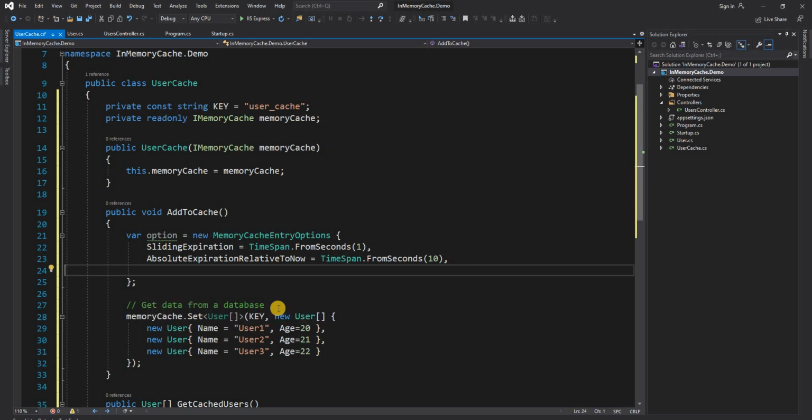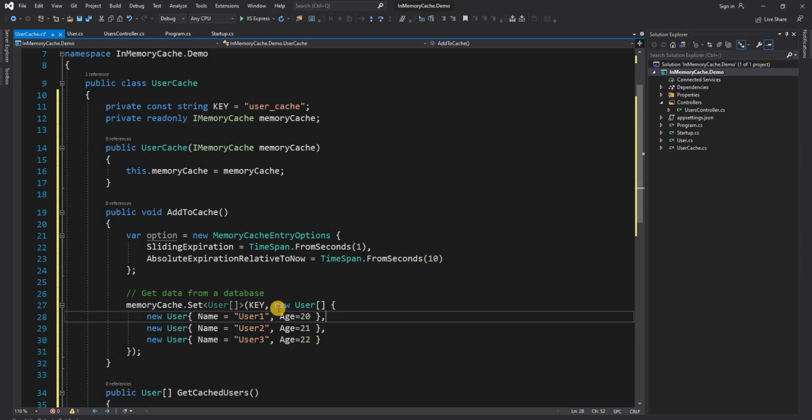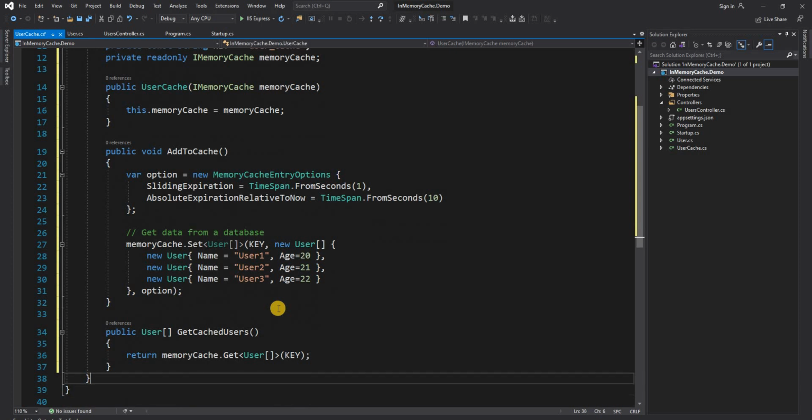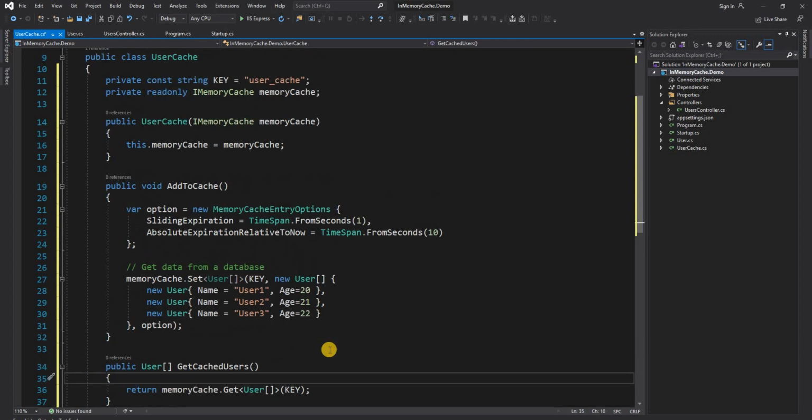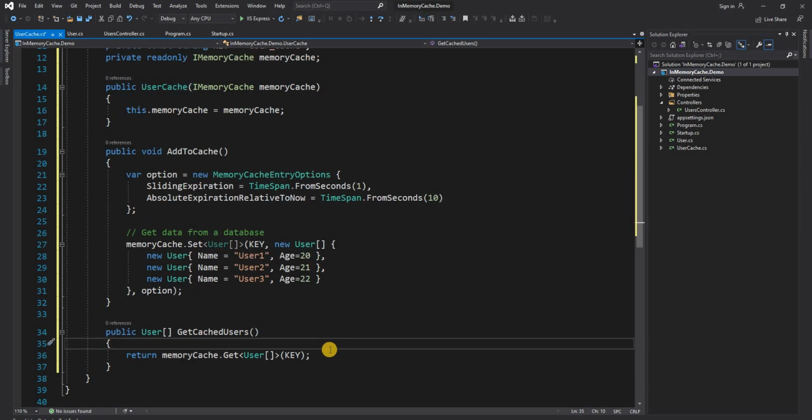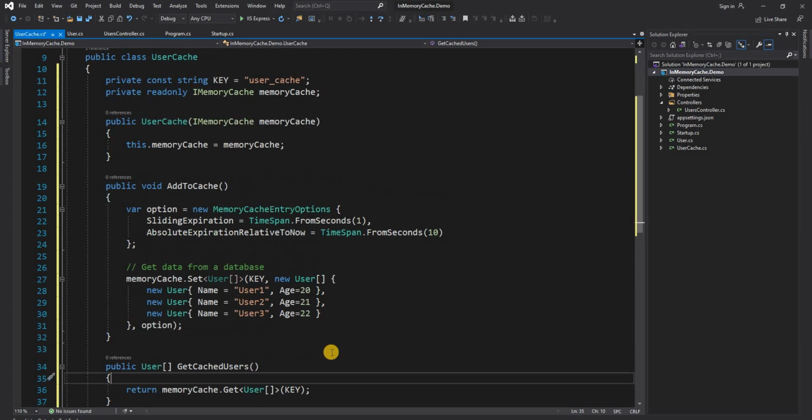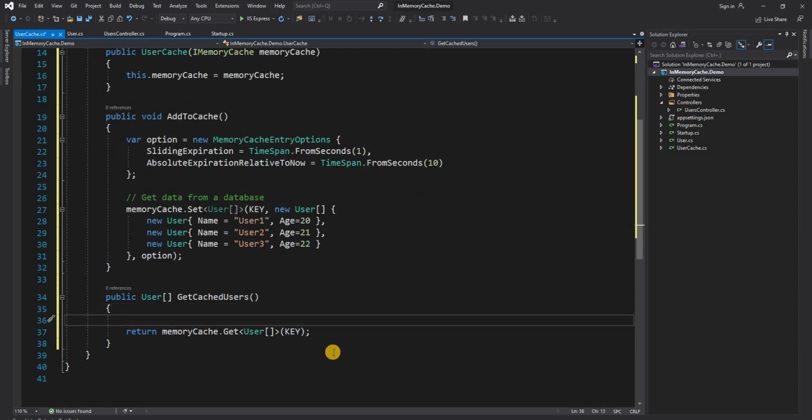So now let's say that's all we wanted, and this is the option which we can pass into the set cache. Now as I mentioned, I personally prefer adding the object into the cache the first time the object is accessed, if it is null. Similarly, after the cache is expired, the next time it is called, it will be added to the cache. So I'm going to use the same mechanism here. For that, we can say if